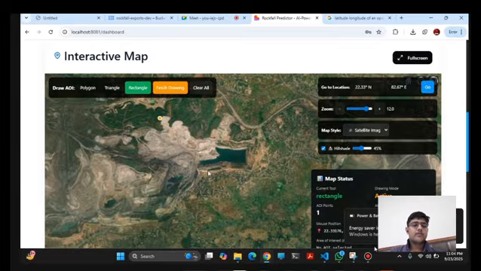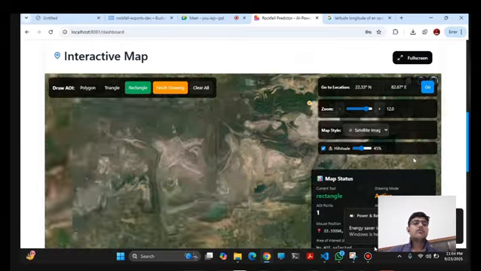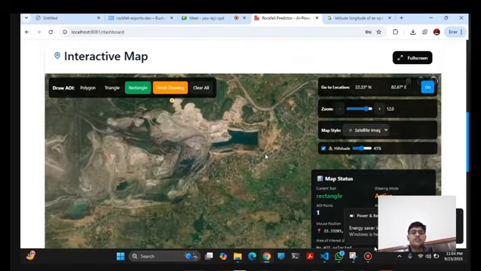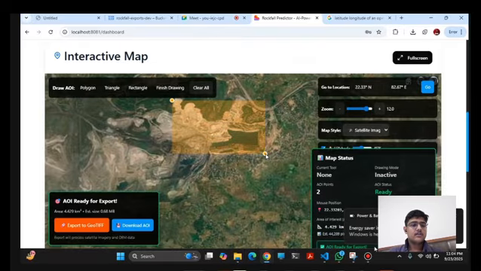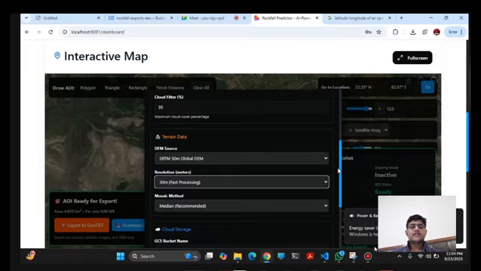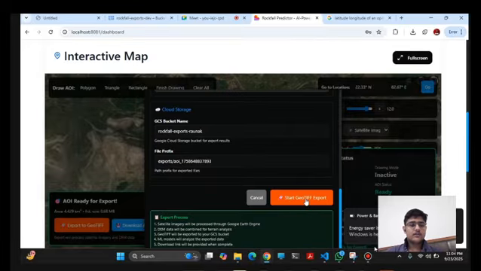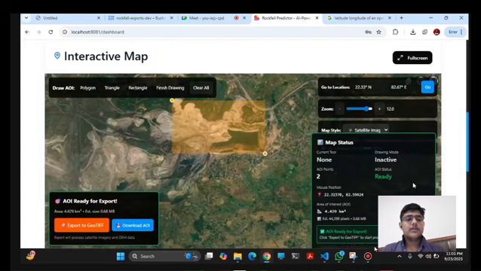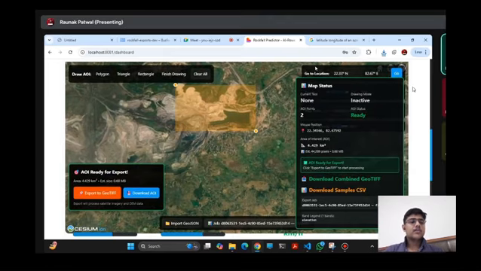You just have to draw the polygon over the mine area you want to make the prediction for and click on export GeoTIFF. It will take around 2 to 3 minutes to collect all the data. After the data has been gathered, it will be downloaded to your laptop. After it is downloaded, you can go to our analysis tool where you will find many analysis options